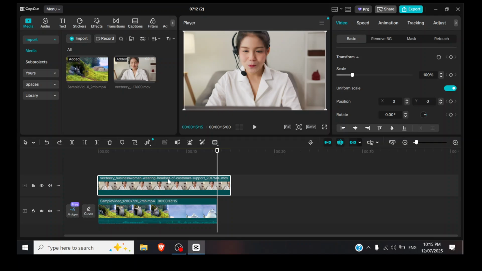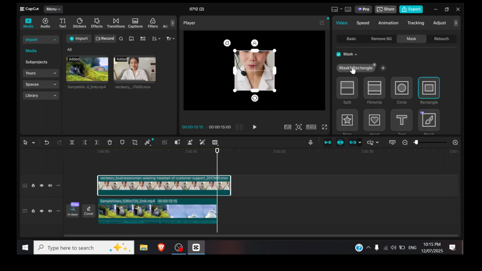Now all you have to do is select your webcam clip, then go to video section on the right panel, then select mask and click add mask. And all you have to do is select circle